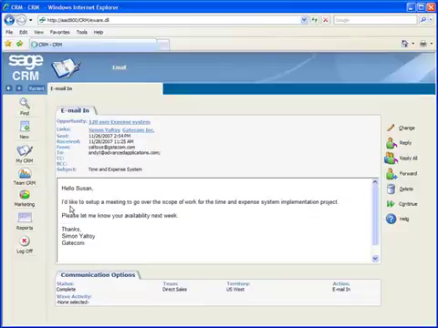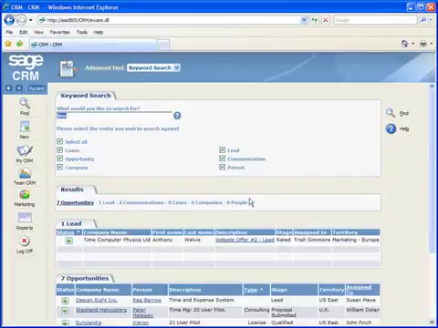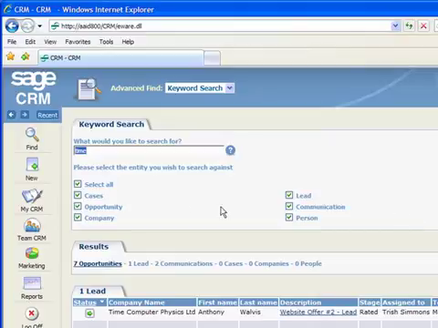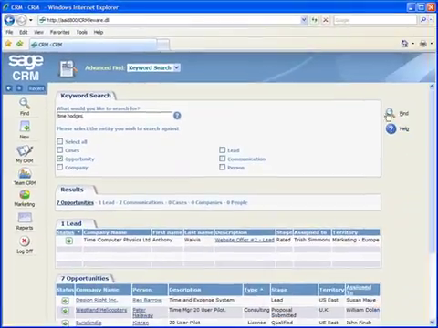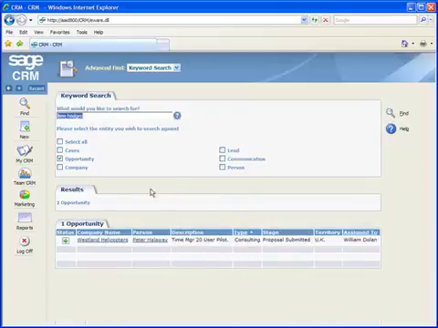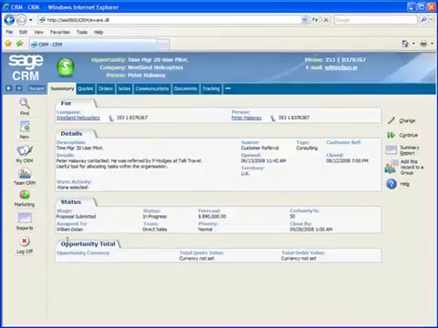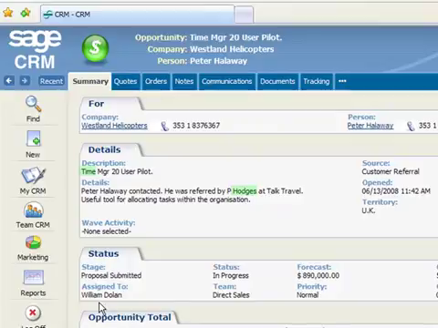And finally, in this last example, we'll see how you can search for multiple keywords that occur in separate fields within an entity. Let's suppose that you need to locate a sales opportunity involving a time and billing system that was referred to you by a friend, Peter Hodges. We'll enter time and Hodges, click the Finder, and open the result, and there you can see that the keyword time is in the description and Hodges is in the details. So to recap,